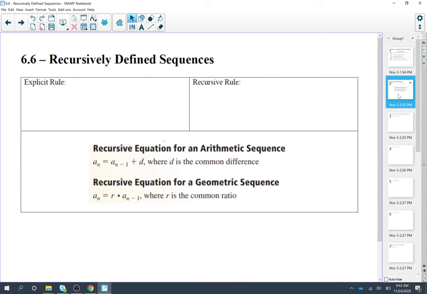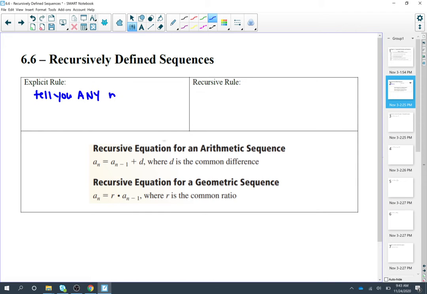6.6, recursively defined sequences. When we're talking about recursively defined sequences, this could either be arithmetic or geometric. We're going to do both. And we're first going to start with an explicit rule. An explicit rule is the formulas that you've already done. And the explicit rule will tell you